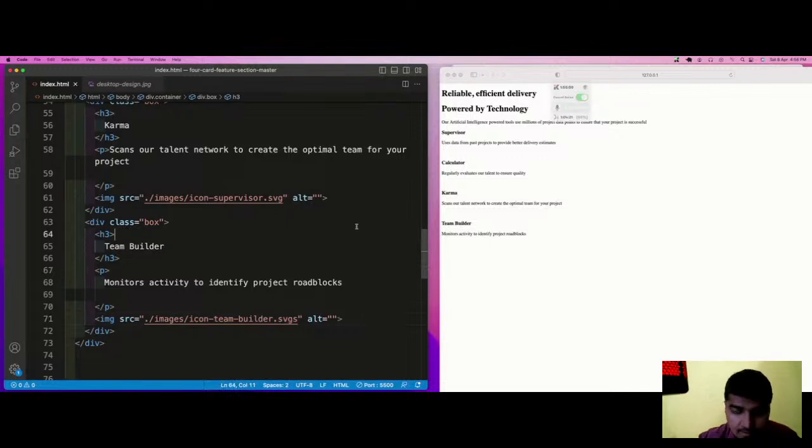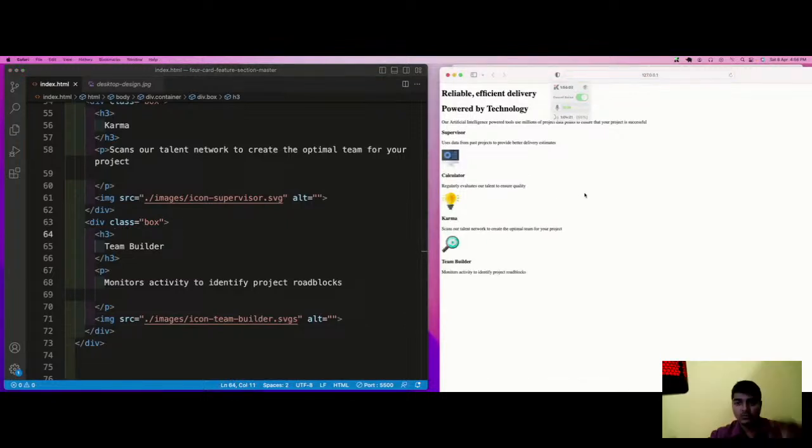Okay, so these are the four images. 1, 2, 3.